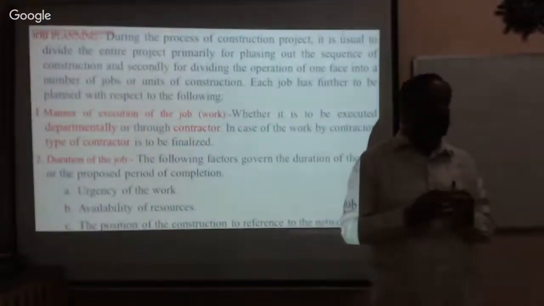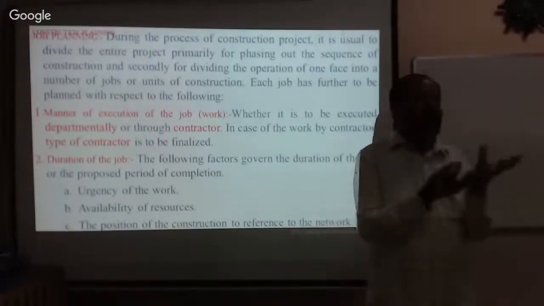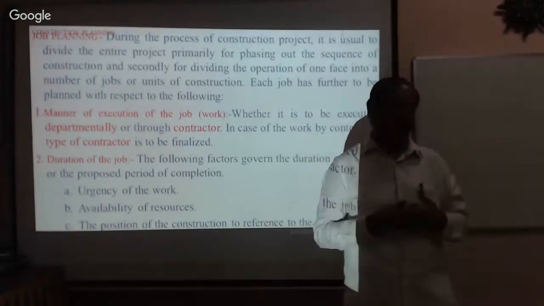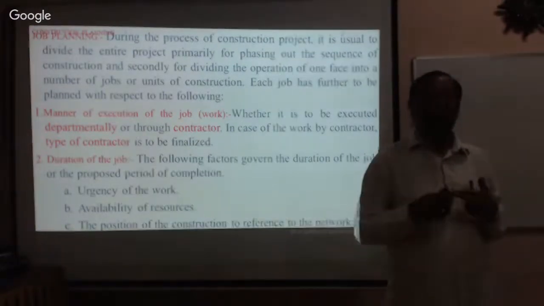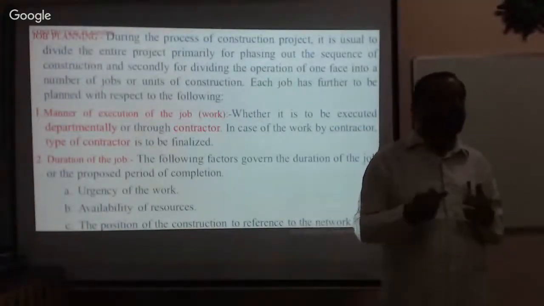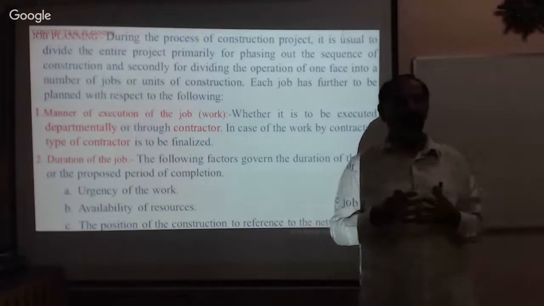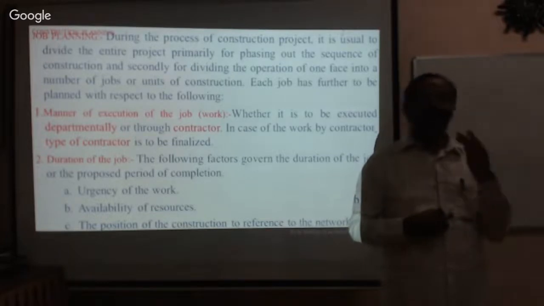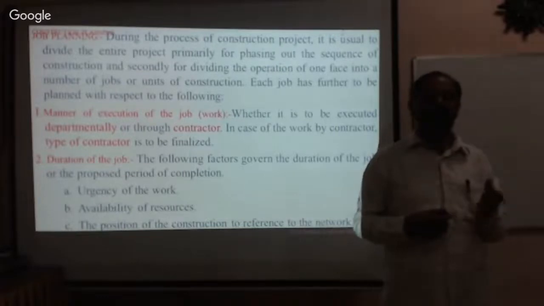Understood? We should follow the set of rules. Therefore, for small works like repair and maintenance, the department itself can do it. In the government we have many departments: public works department, irrigation department, roads and bridges department, minor irrigation department, major irrigation department. We have engineers and officers to execute general public projects like road construction and national highways. The state government and central government fund the money.